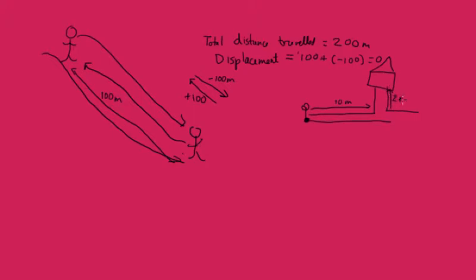Say that's 2 metres. The total distance we've travelled is 12 metres. But our displacement is different. We take these two vectors, 10, and then add the 2, and then when we get this vector here, this is our displacement. And as this is a right angled triangle, we can use Pythagoras to work it out. So our displacement